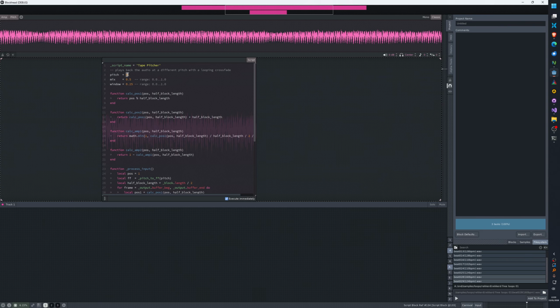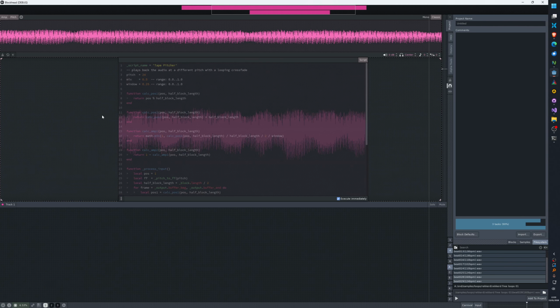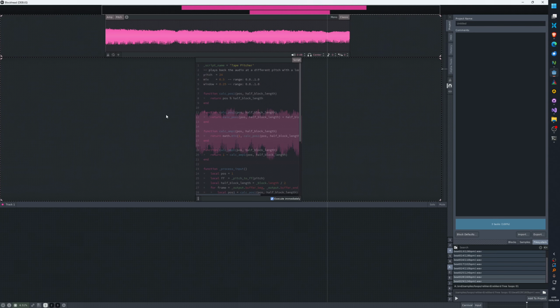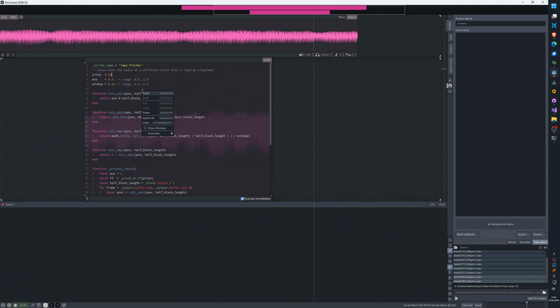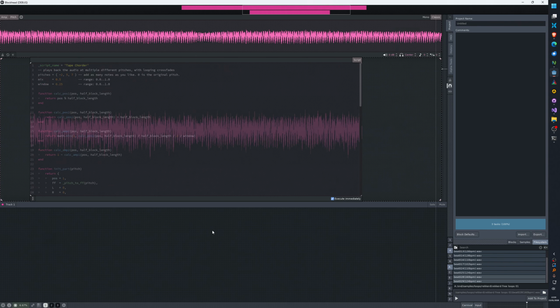And it will loop it in a sort of crossfadey way. And then I also wrote a variation of this called the chorder, which will do multiple notes.